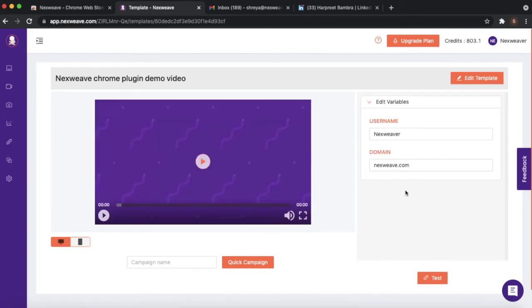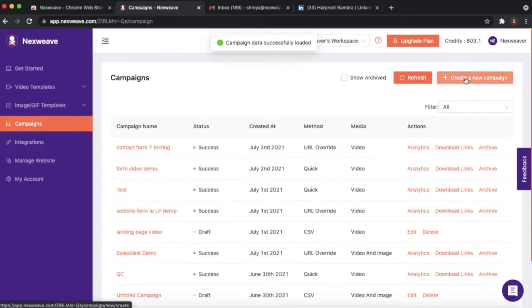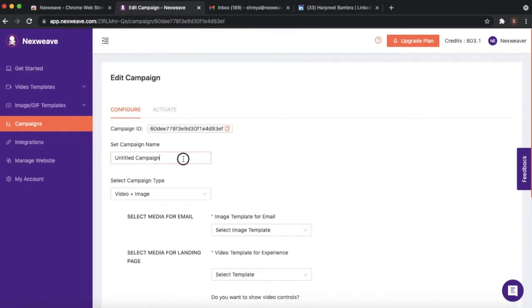At your end, what you'll have to do is identify the templates, either create them from scratch or clone one of our existing templates from our public libraries. Once again, our help documentation and video resources will take you through how to do that. Once these are identified, you can proceed to the campaign section and create a new campaign. I'm just going to name this.